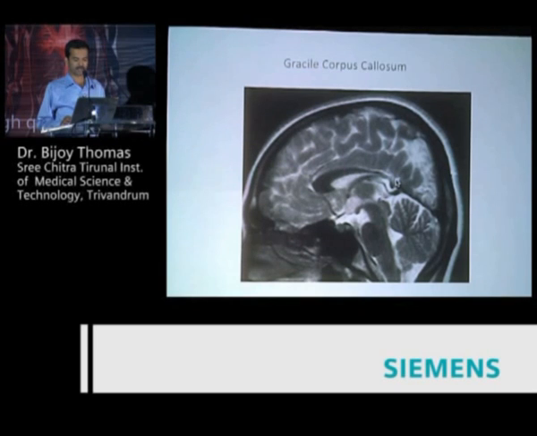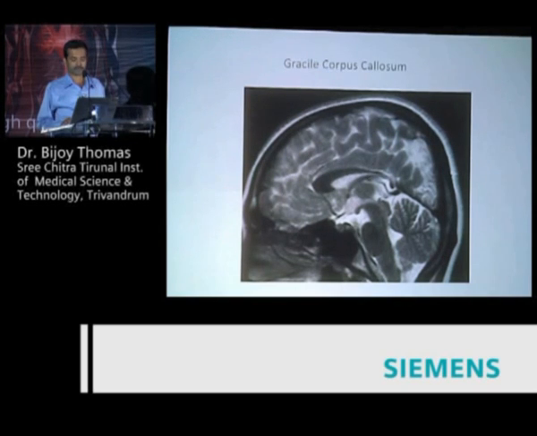Another important thing you can look at is the sagittal imaging, to see how much of the corpus callosum is damaged. By looking at a simple gracile corpus callosum, we can actually predict the damage. Especially when the posterior part of the body as well as the splenium of the corpus callosum is affected, these patients present with more motor deficits rather than cognitive outcome. You have probably seen that some hypoxic ischemic damage affects predominantly the genu as well as the anterior part of the body of the